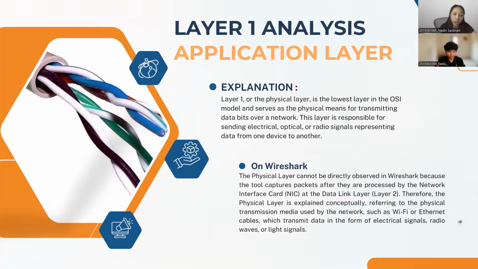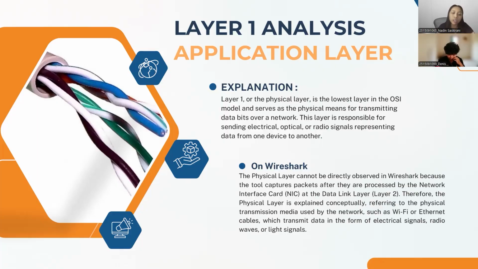So, layer 1 or physical layer is the lowest layer in the OSI model and serves as the physical means for transmitting data bits over a network. This layer is responsible for sending electrical, optical, or radio signals representing data from one device to the other. On Wireshark, we can't